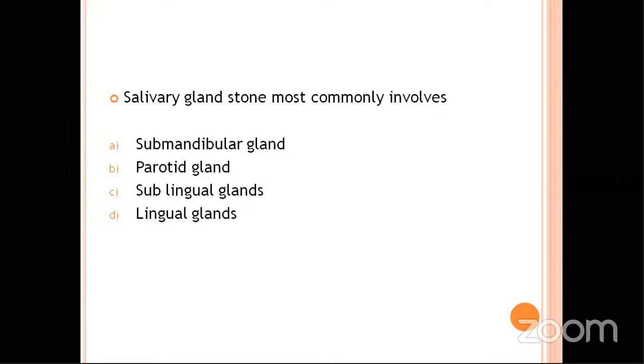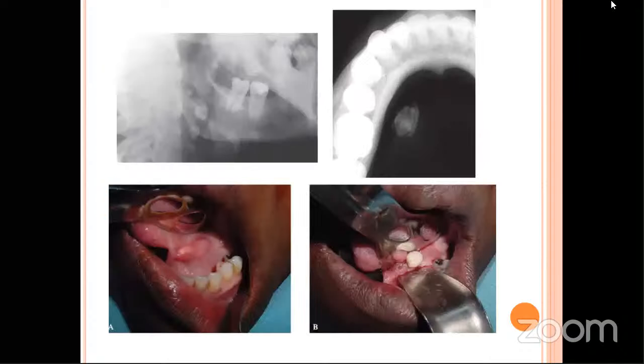next are some questions related to salivary gland disorders. The salivary gland stone, the salivary calculi, is most commonly seen in the submandibular gland due to its location, due to the calcium content, and also since it is against gravity. Okay, and the patient will be giving symptoms like there will be pain just before the meals. There will be very acute pain before eating, and then when you milk the saliva in that particular area, it will not be seen. Okay, so this is a